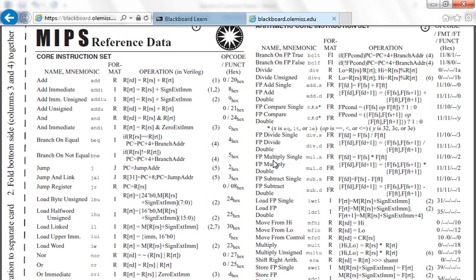So if you have 20 hex, and it's a 6-bit value, this means these 4 bits are going to be 0, 0, 0, 0. That's the least significant bits. And this is going to be the 2 most significant bits. So this would be 1, 0. So if I had,